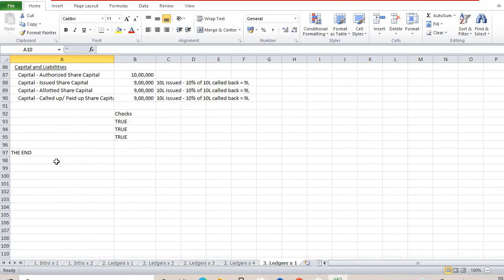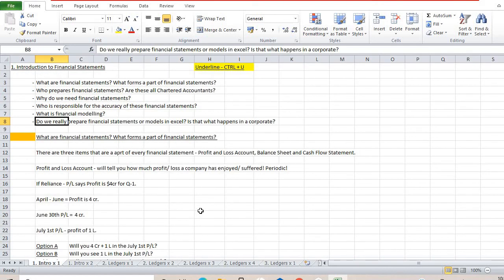I will end with this so that you know what the balance sheet is and how the capital part of the balance sheet at least looks like. We will move to reserves and all of that a little later. Before we do that, we have the other items here which we will look at in the next video. Thank you.